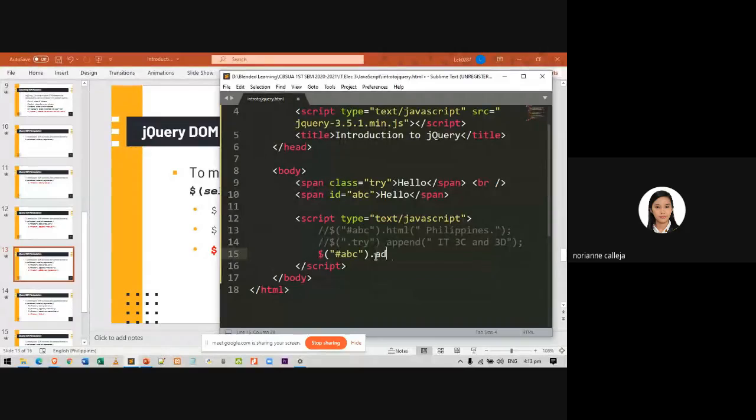So addClass, then what name of the class are we going to add? For example, from the given we have this greeting. So the value here will be the class name for this element.